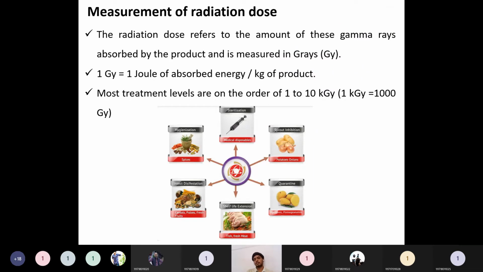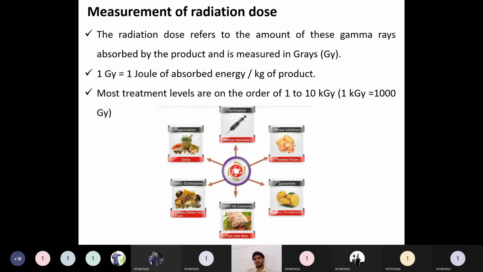So how do we measure this irradiation process? The radiation which is going inside, whether it may be n number of energy or infinite number of energy, whether it is safe or not, how can we categorize that? Depending on safety only, we can consume that irradiated food. So for defining that safety, this irradiation process has to be measured with certain units. So what are those units? That unit is nothing but grays. Usually for gamma rays, the absorption of this irradiation process is measured in terms of grays.